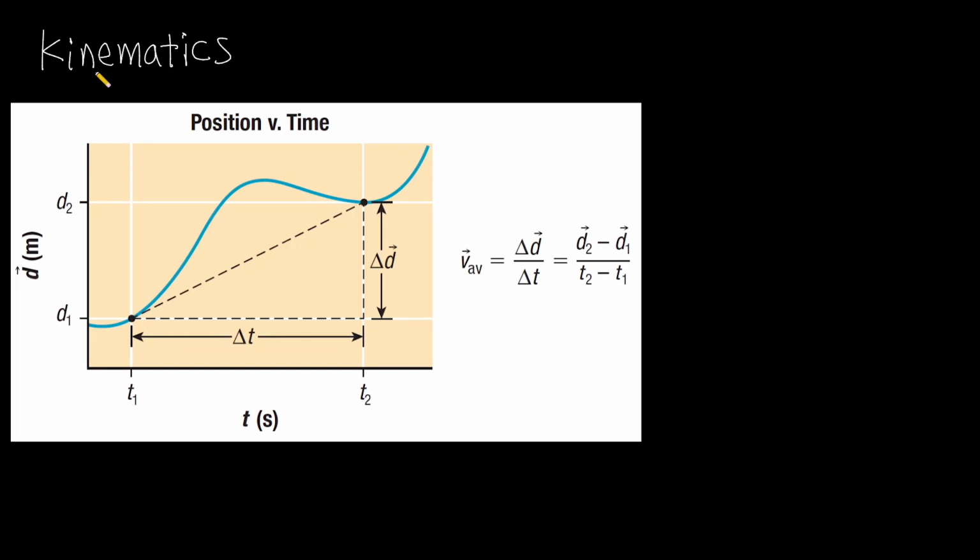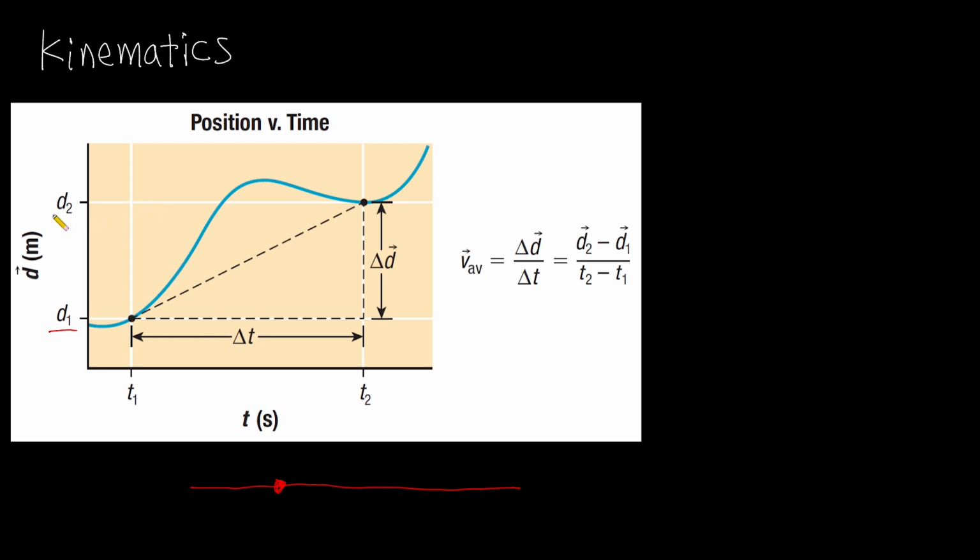We continue the topic of kinematics. Now, let's assume that an object is moving along a straight line. In other words, it's a one-dimensional motion, and the relation of the object's position and the time is shown in this graph. So at time t1, the position of the object is d1, and at time t2, the position of